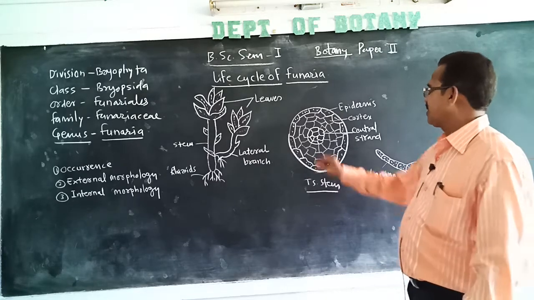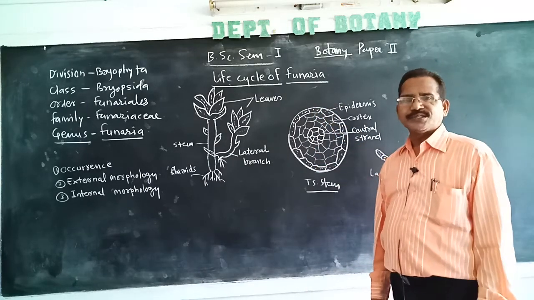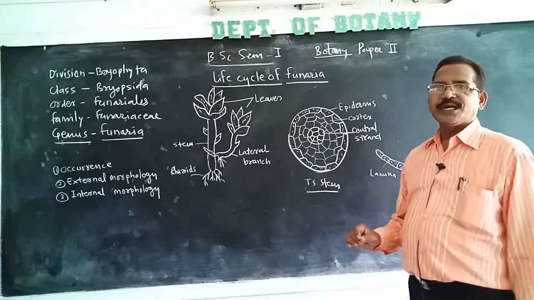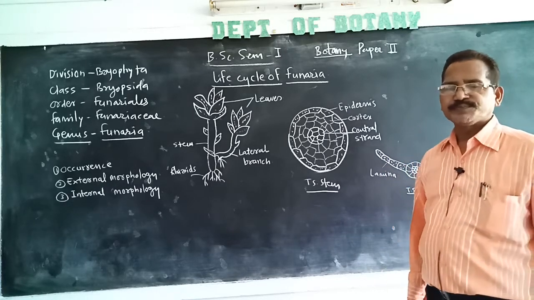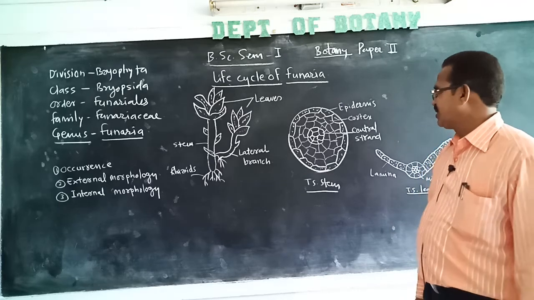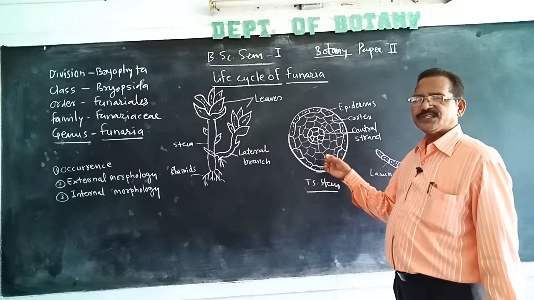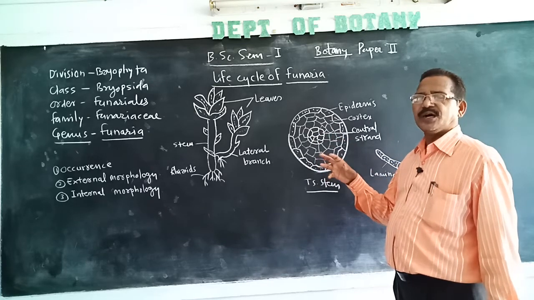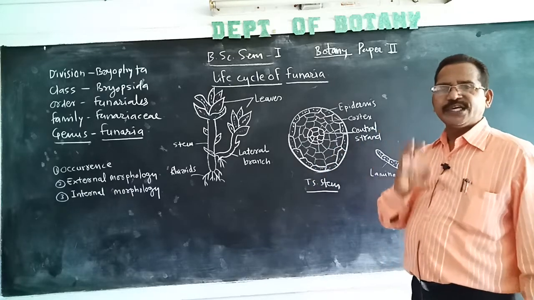The outer cortex consists of 2 to 3 layers of thick-walled parenchymatous cells, while the inner cortex consists of thin-walled parenchymatous cells. And in the central region, there are some thick-walled cells without protoplast in them,